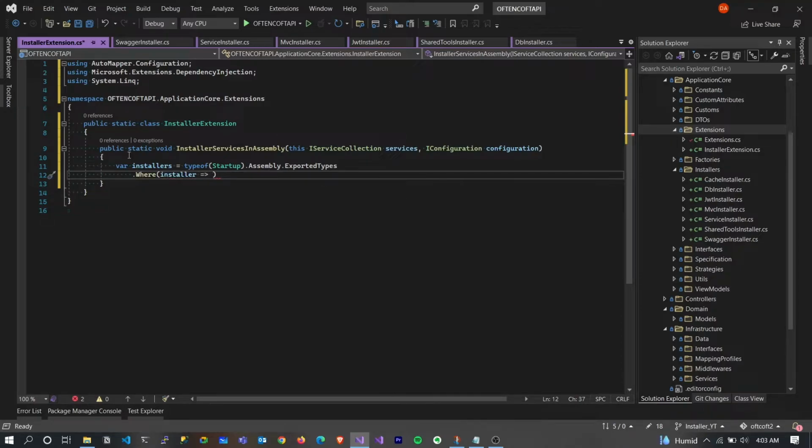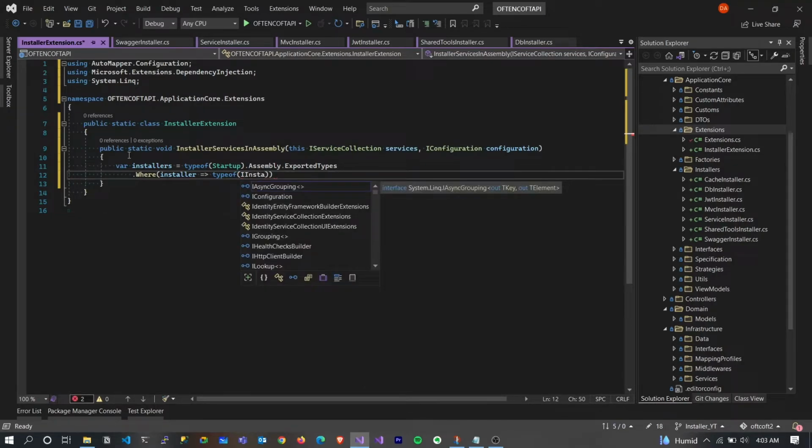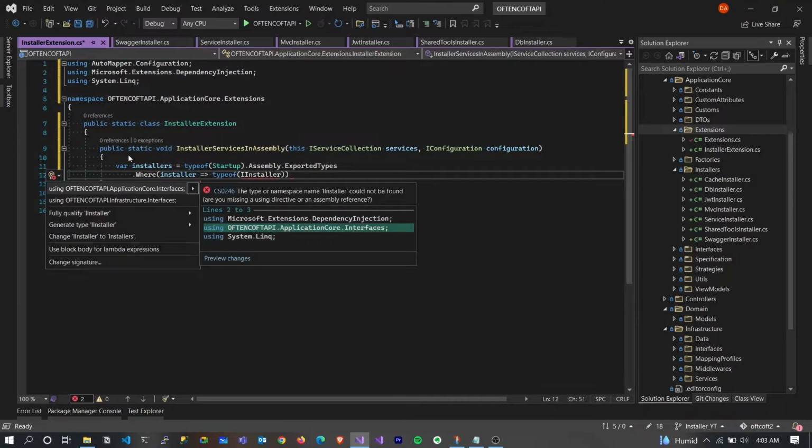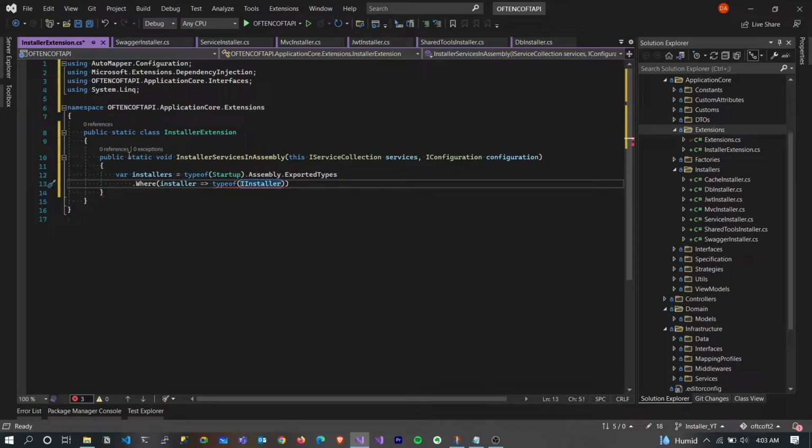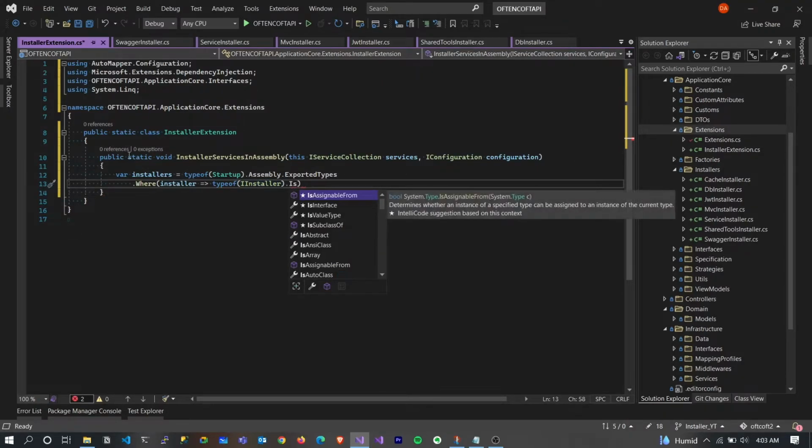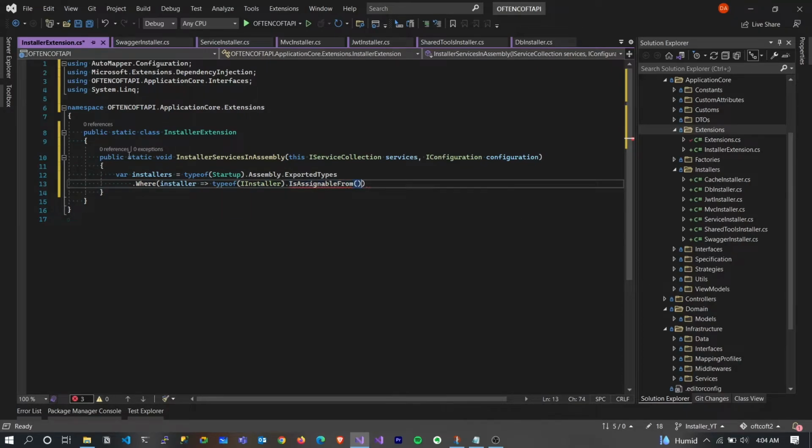Installer, it's a type of IInstaller, which is the interface, because every one of them has the interface. So assignable from installer,